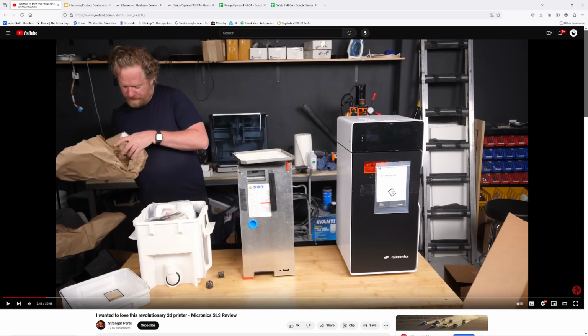So it heats the powder right below its sintering temperature, and then the laser knocks it over that sintering temperature and causes that powder to melt into a ball and melt with the nearby powder next to it. And then it will load layer by layer. So inside here, this is actually the powder itself, and I think this is like a couple kilograms